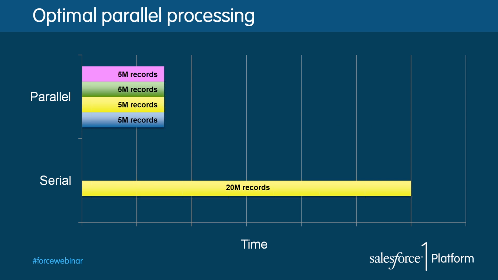But what you would like to do is actually load in 5 million records at a time, but load them in parallel. So we actually have 4 threads there doing the work. Now, that's perfect because if you've got 20 million records, it takes, you know, 20 hours, for example. And if you wanted to load in 5 million records in 4 threads and it only takes 4 hours, it